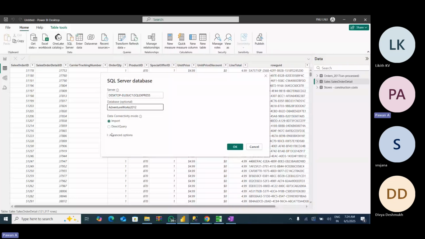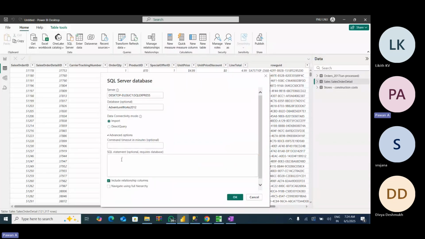And then before just clicking on OK, there's an advanced options section here where you can write the SQL queries. Okay. So what I'll do here: select star from the table name, which is sales order detail, Sales.SalesOrderDetail,